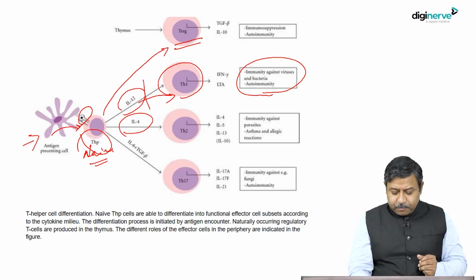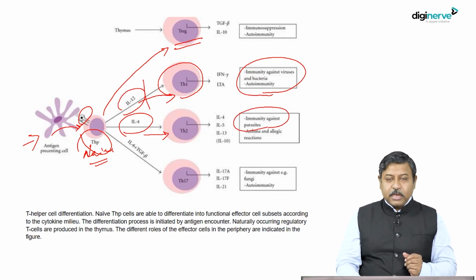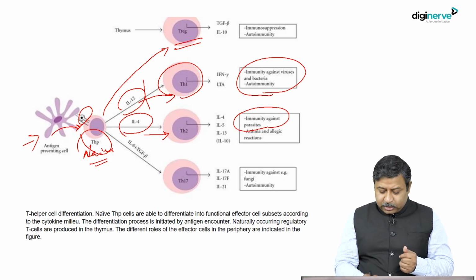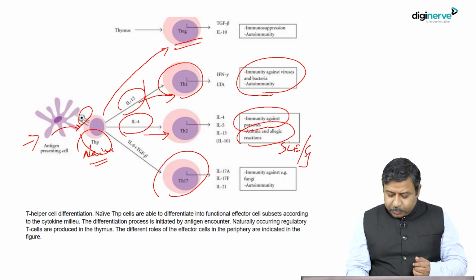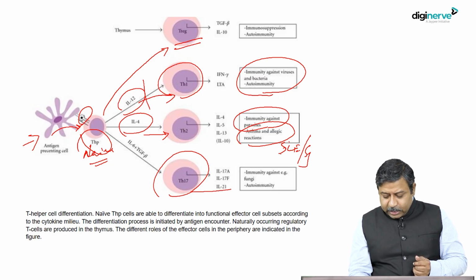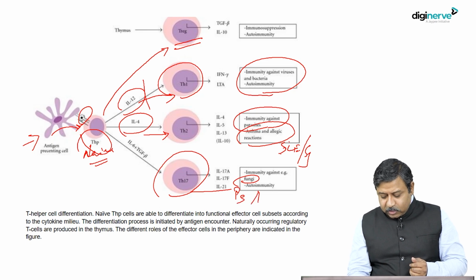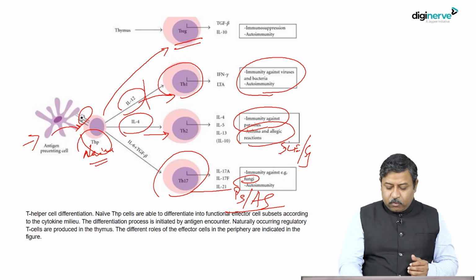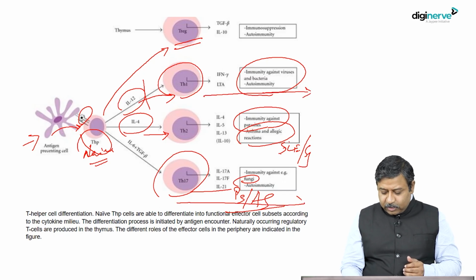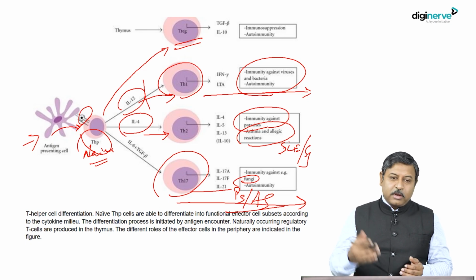In presence of interleukin 4 mostly, there is differentiation to Th2 type of cells, which gives immunity against parasites, but this Th2 response is also important in asthma and allergic reactions and also in certain diseases like lupus and Sjogren's. Th17 is the primary type which would protect us against fungus, and Th17 is the primary type of response that is seen in psoriasis or ankylosing spondylitis. Now you would wonder, where is TNF alpha? TNF alpha would be secreted from this Th1 response, also Th17 response. So it is a much more downstream molecule and it is a cytokine that is finally produced to increase the immune